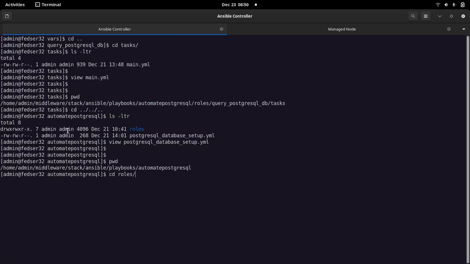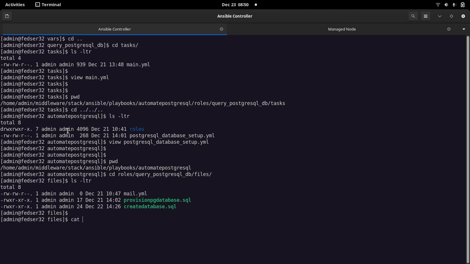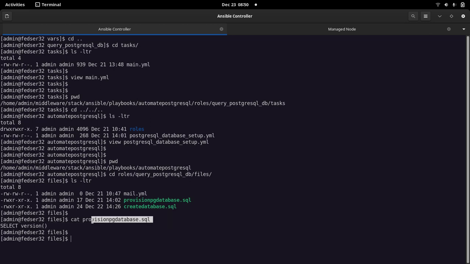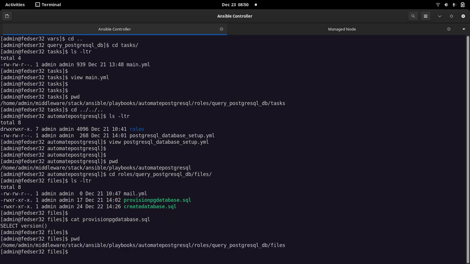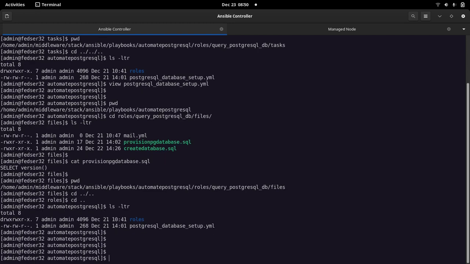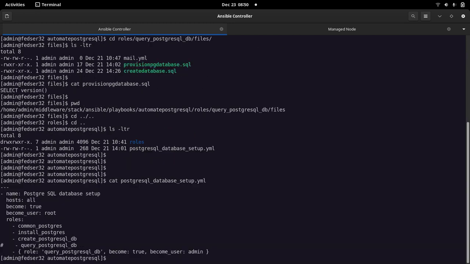Let me go into my roles again, query and files, wherein I have created the provision SQL query, which is the same query which I have run explicitly, but this one we are running with the script. So these are the four roles which we have created, and we are going to call them using the main trigger playbook.